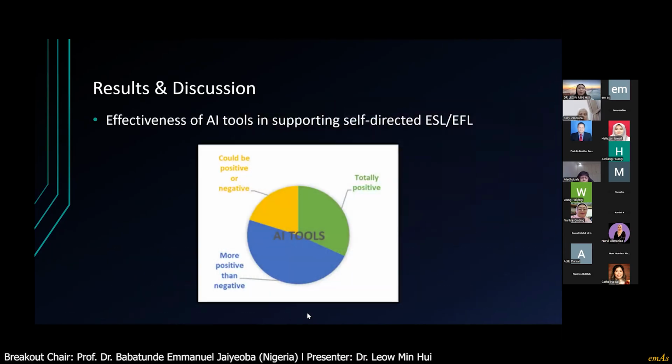Okay, so based on the effectiveness of AI tools here, the result is aligned with the concept of outcomes in activity theory, representing a dynamic result, which shows that all the elements in activity theory actually come up with the outcomes. So we can see that AI tools nowadays are more positive than negative.